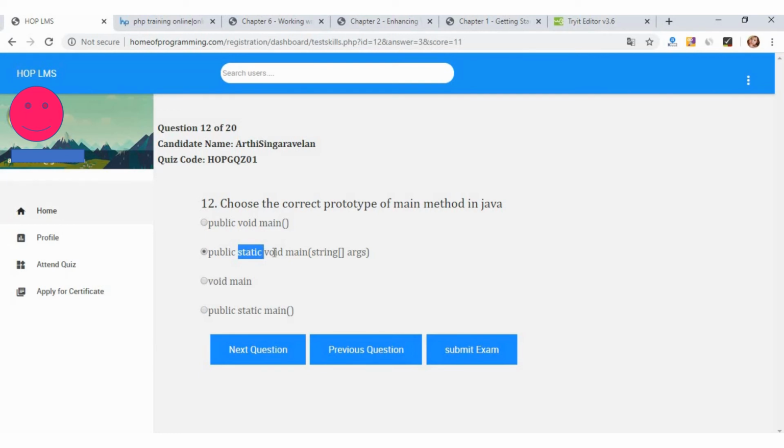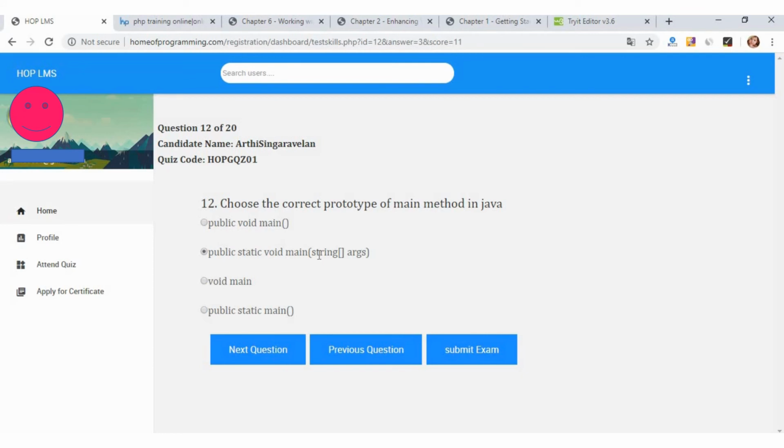Here void is the return type of a function, which means that the function is not going to return a value. Main is the name of the method, and after that it is taking a string argument. In Java, each value is considered as a string whenever we are prompting a user or providing an integer or float or such kind of values. Those values should be converted into strings in order to get processed. So this is a very brief description of the main method in Java.